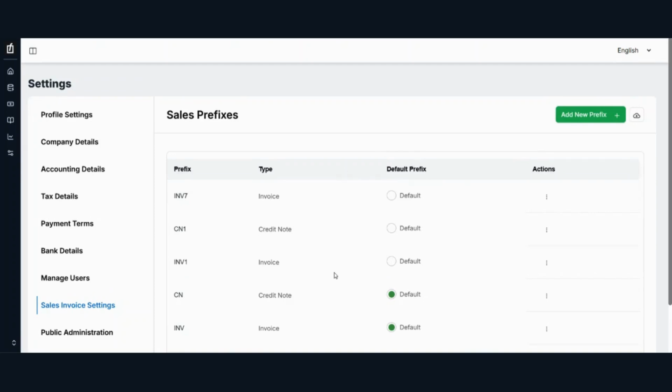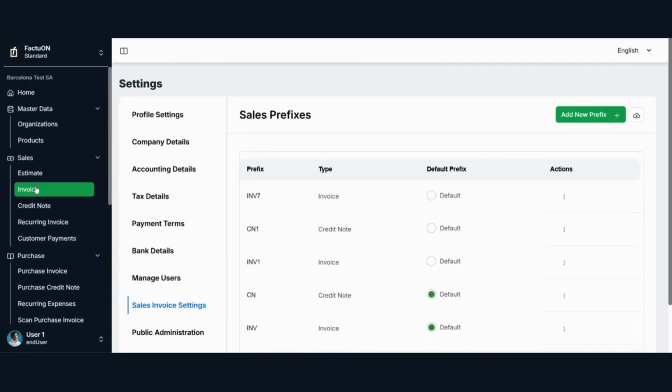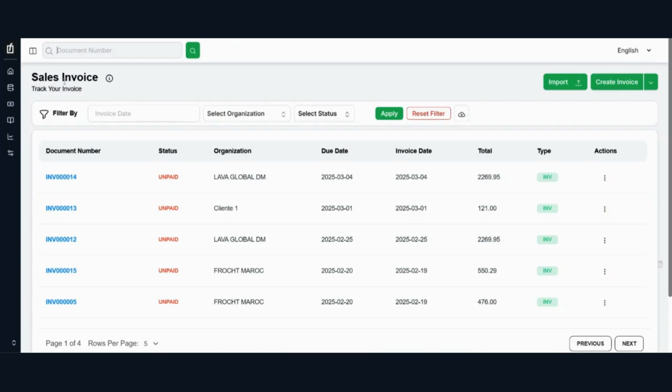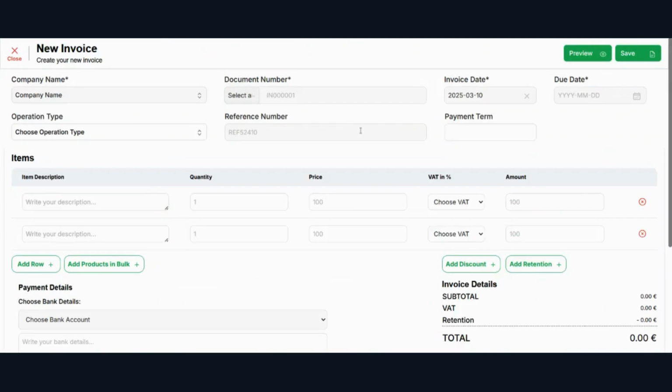Let me show you where this credit note prefix and this invoice prefix are showing in your existing pages. Whether it is the sales invoice or the credit note page, you get this prefix from there. Let me show you. Go through the sales invoice page, and here is the option to create a new invoice, right? I already covered it in my previous video. So here you see this inv, it was set up as a default.